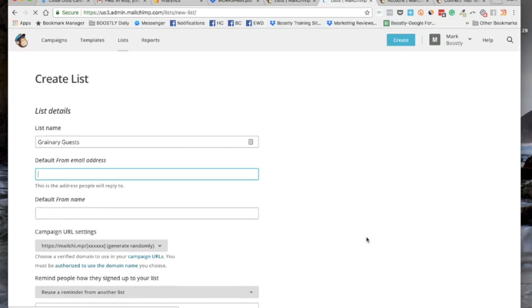Default from email address. This is where you put in your email account. Bearing in mind, if you've never sent an email from Mailchimp before, it will ask you to verify that email. If you don't have a personalized email address, for example info@granary.co.uk, and you just use, I don't know, granary@gmail.com or granary@yahoo.com, Mailchimp don't like these. There is a workaround, but just to be safe, if you can't verify your email address and you've got a website, for example www.granary.co.uk,